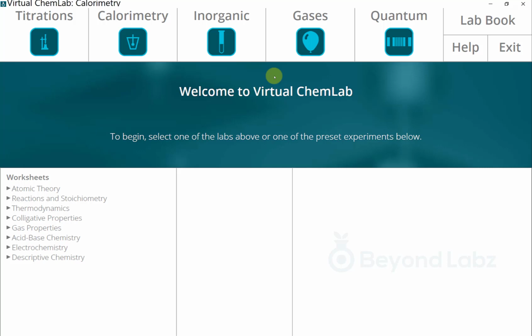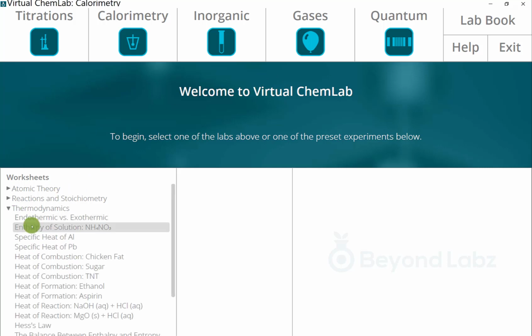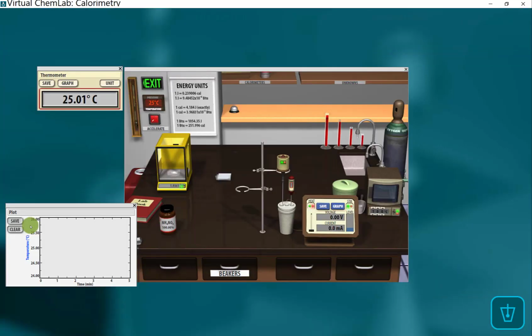To start, we'll open up Virtual Chem Lab, choose thermodynamics and enthalpy of the solution. So we'll open that up in the calorimeter lab. You can see over here in the balance there is your ammonium nitrate from this bottle here and your mass that you need to record in your data table, and then the ammonium nitrate is already weighed out on the paper for you. You can also see your coffee cup calorimeter on the bench that has water in it,